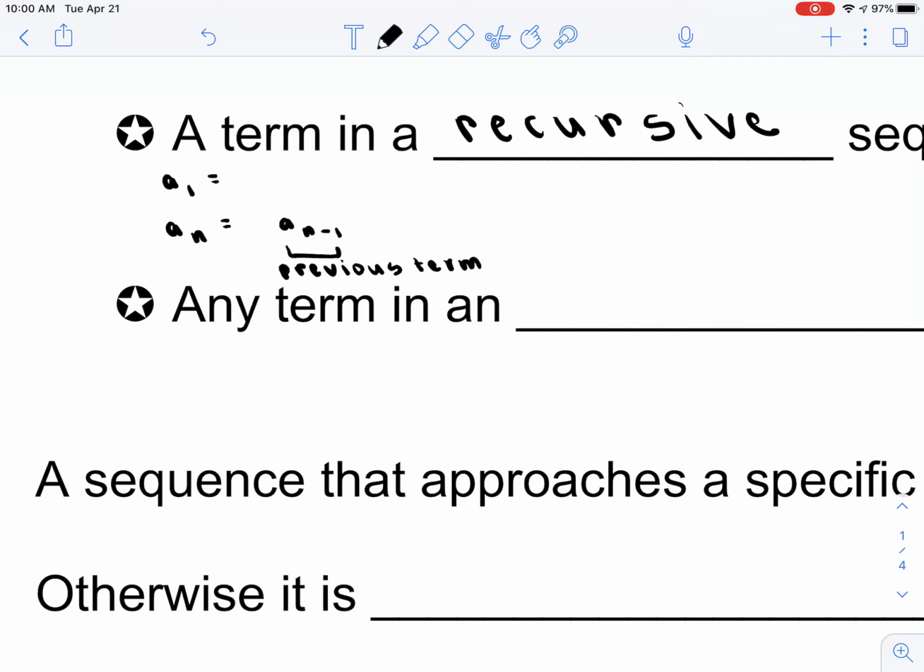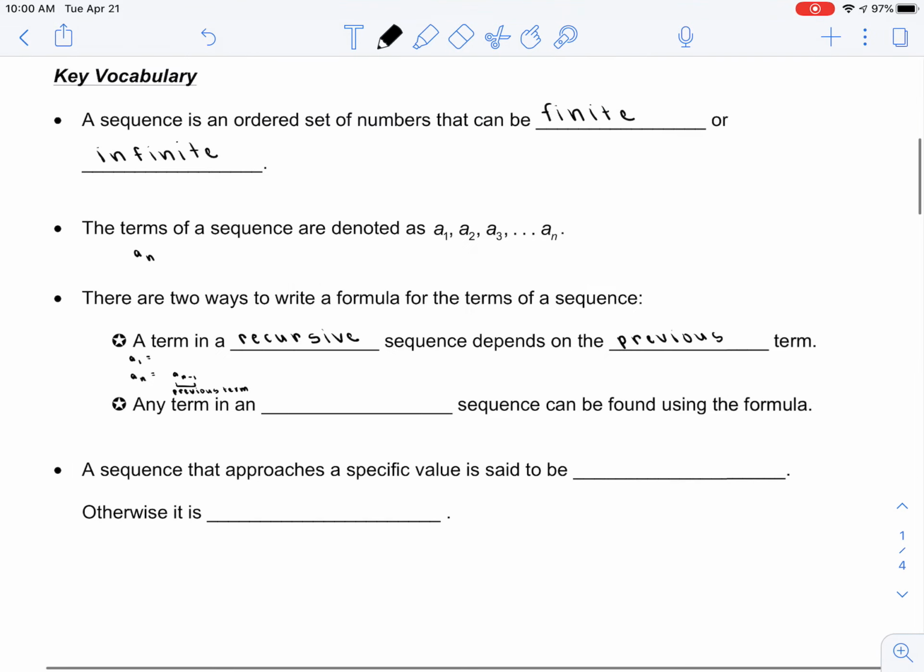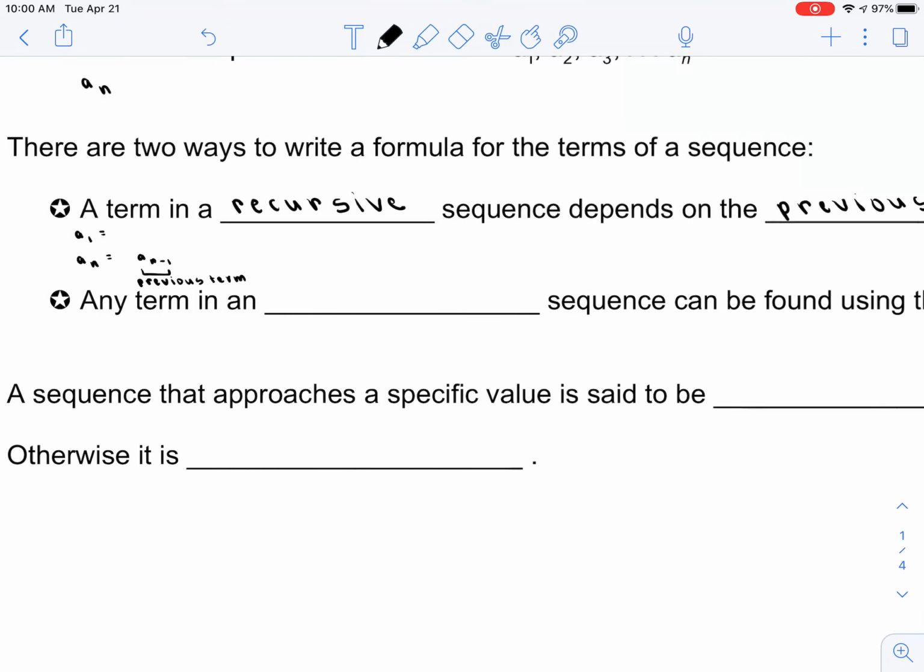Now, you might be doing a sub n minus 1 times 3, or a sub n minus 1 minus 2. So you'll actually have to fill in more numbers, but at least a sub n minus 1 does need to be there. The other type of sequence we're going to be looking at is an explicit sequence,